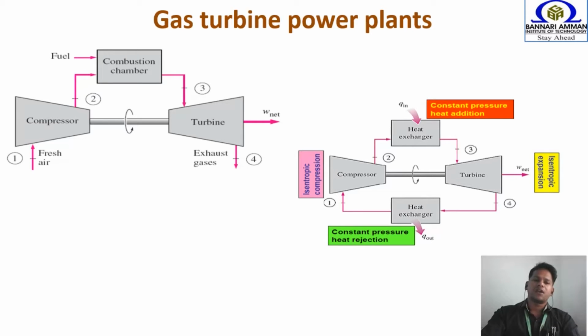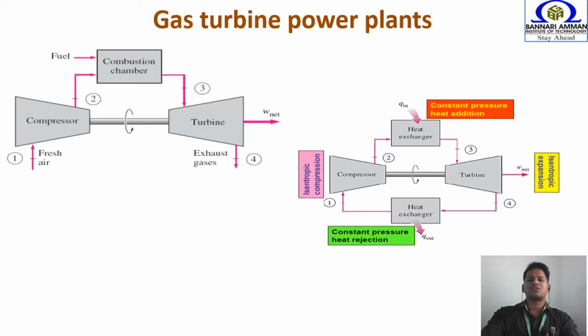You see, at point number 1 we have fresh air at about 1.01325 bar pressure and approximately 25 to 30 degrees Celsius. We compress it and get pressurized air. Remember, pressure is increased and temperature is also increased. We send the high pressure air into the combustion chamber where the combustion process happens. After the combustion process, we have hot gases with high energy or enthalpy content. We pass those gases into the turbine. Finally, the turbine shaft is rotated.